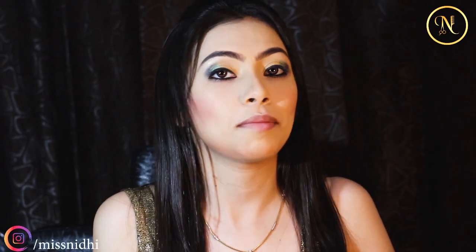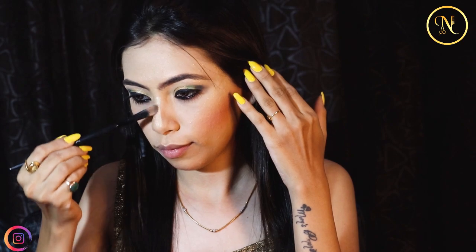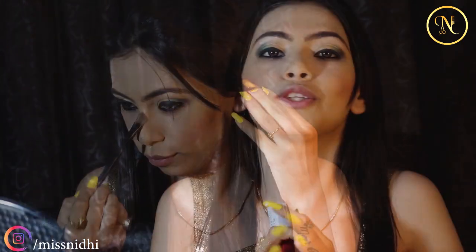So finally after my blush, I'm going to go for my golden highlighter. I'm going to highlight my nose area, my cheekbone area and also my forehead area. Let's go. So here finally I'm going to finish my makeup with my favorite shade red, which is from Maybelline Super shade number